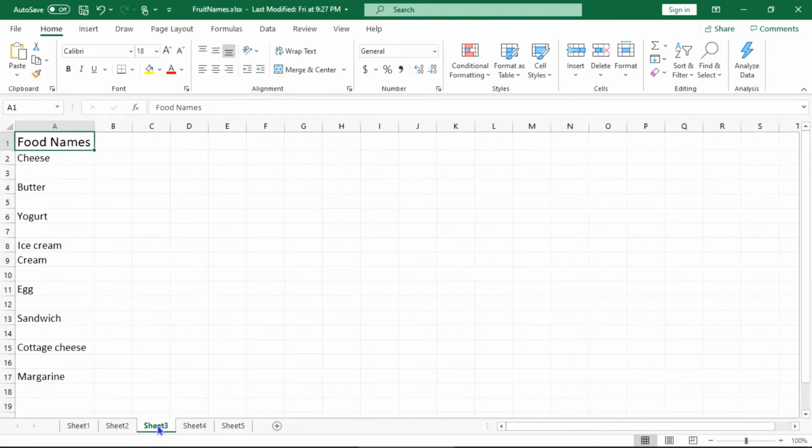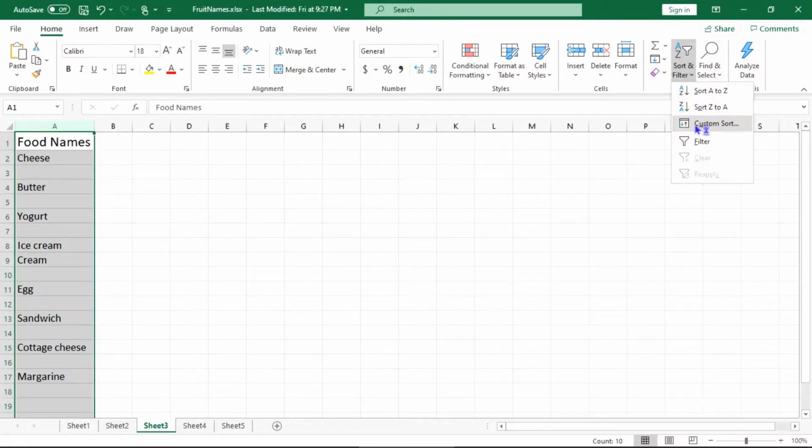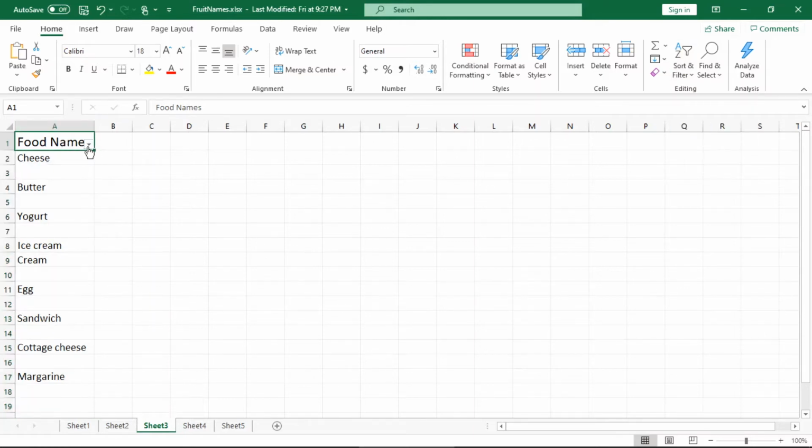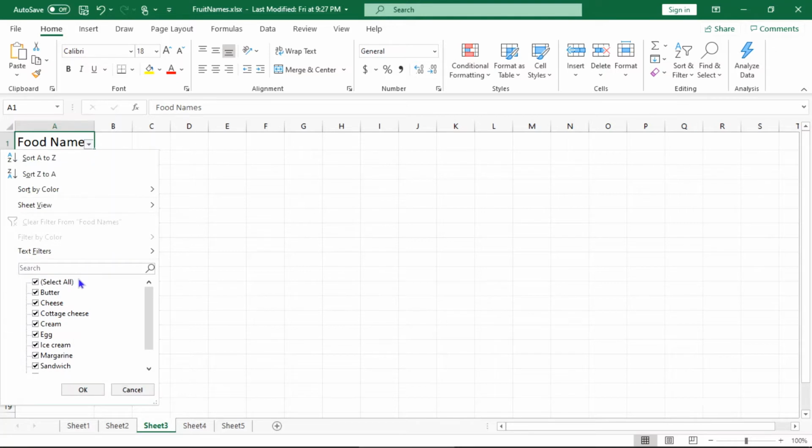Now we'll see the third way, which is the filter. Select the data elements which you want to filter. Go to sort and filter and select filter. It is going to give you a drop down option. Once you click on this drop down, you have to select the blanks. This is a toggle feature, so click select all one more time so that it is unselected.